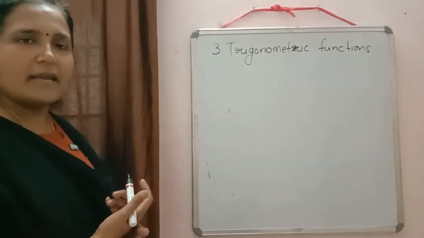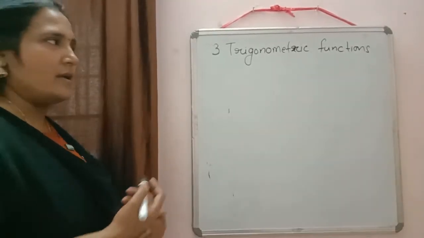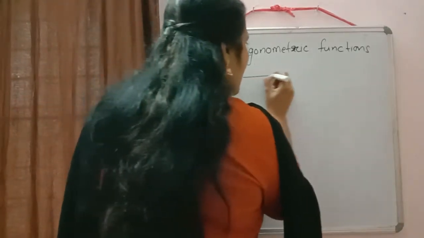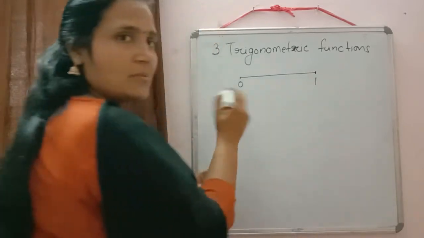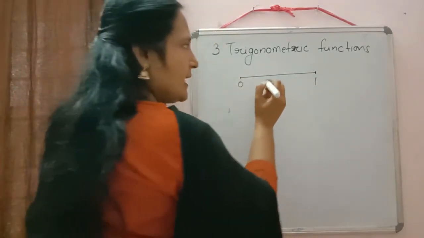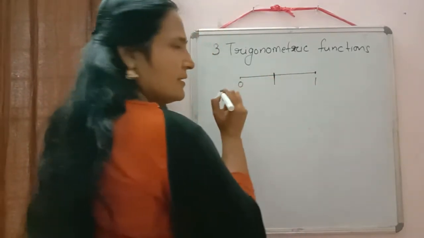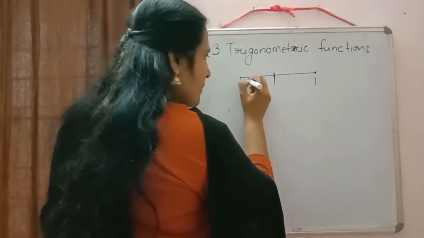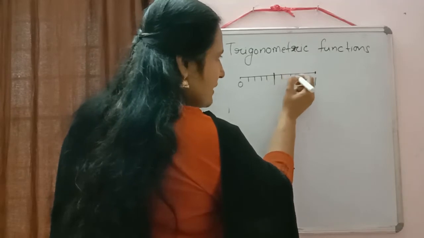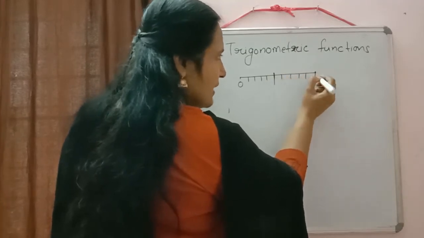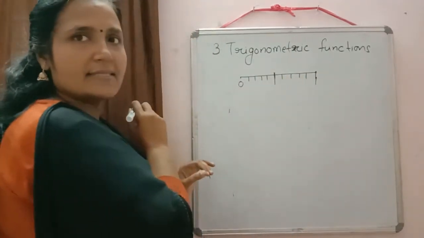All of you might have seen a scale there. In the scale, you might have checked here, this is 0 and 1. Between 0 and 1, we have so many lines there. The middle line is somewhat bigger, and then 1, 2, 3, 4, 5, 6, 7, 8, 9. In this way, markings are there in the scale.